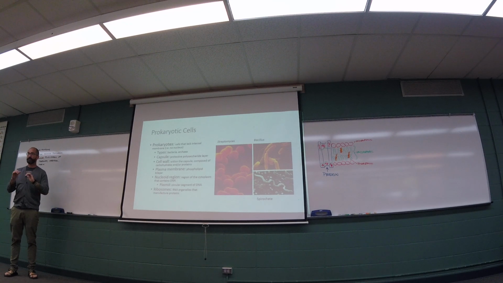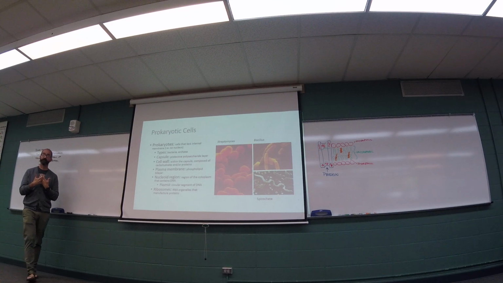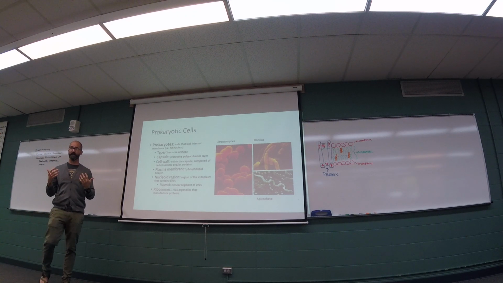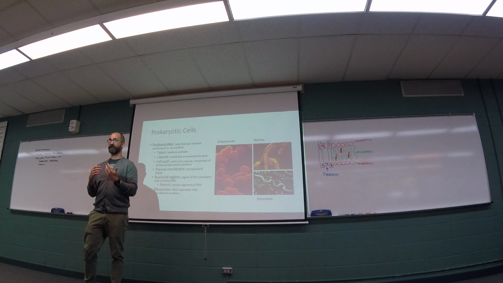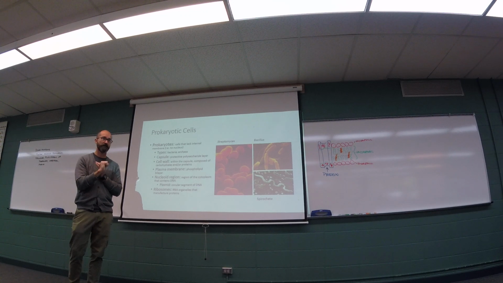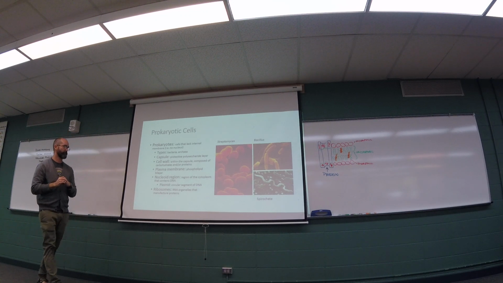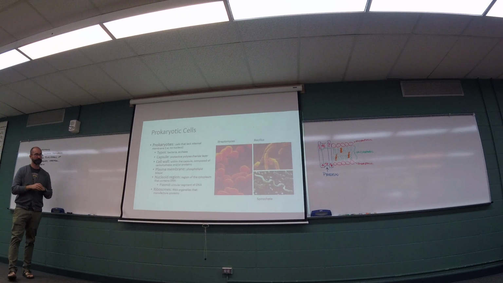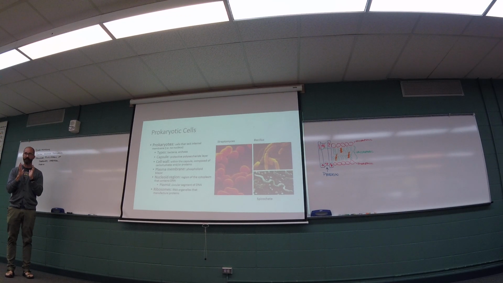In addition to DNA in that nucleoid region, they have stuff that's able to read and manufacture proteins from the DNA. And those structures are called ribosomes. Ribosomes are internal organelles, but they don't consist of any membrane. They only consist of the RNA molecule, which is another one of our nucleic acids, and some protein. Basically what happens is